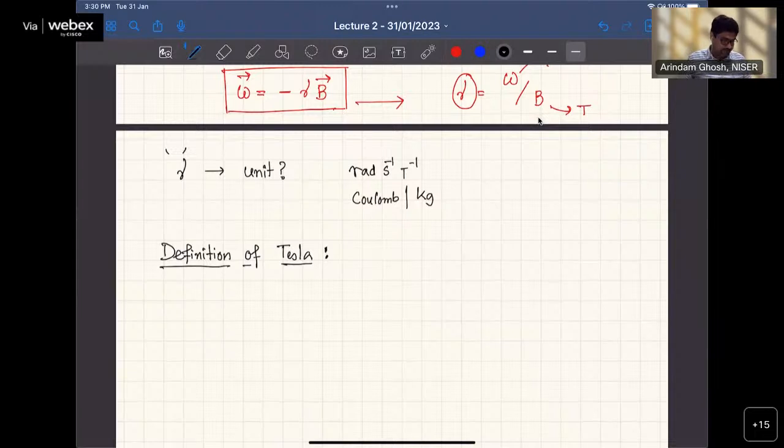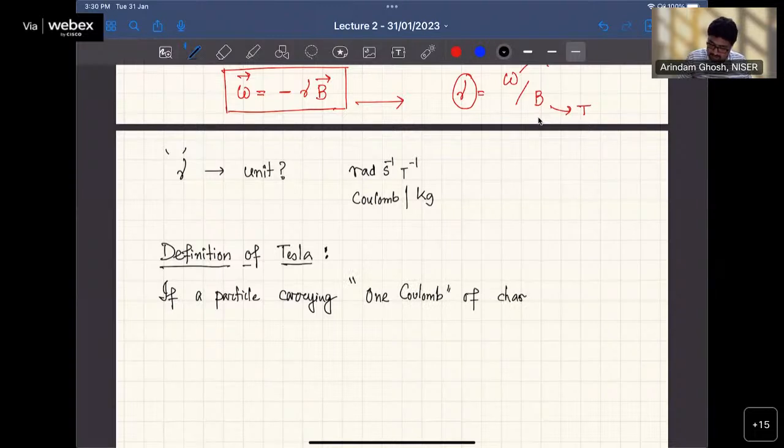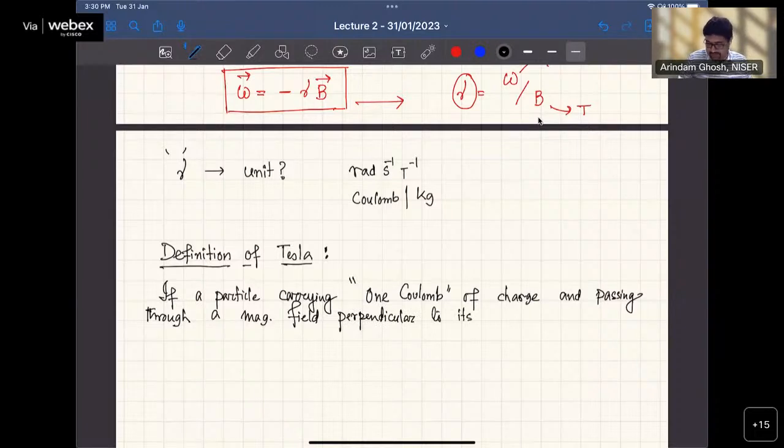The definition says that if a particle carrying 1 coulomb of charge is passing through a magnetic field perpendicular to its direction,